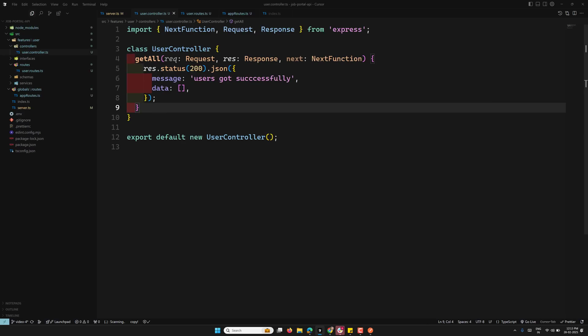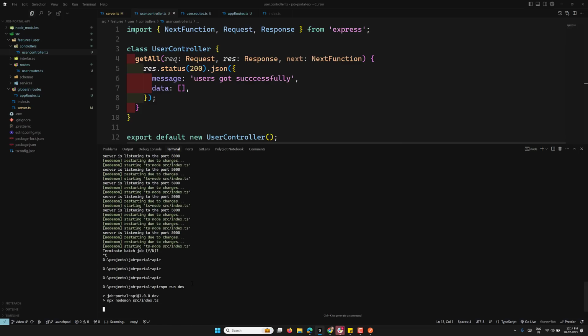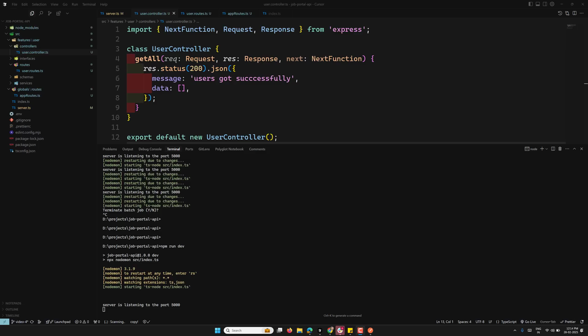This getAll will be invoked, and here we are sending the status of 200 and the JSON file. Let's try to see whether we are able to get it or not. I think maybe it's running. Oh, still it is taking some time. My system is a little bit slow, so that's why it's taking time. Let's let it come. So now here you will be able to see the server is listening to the port